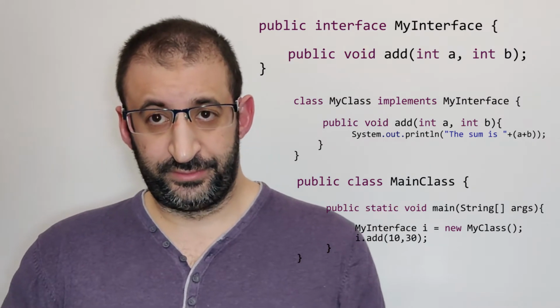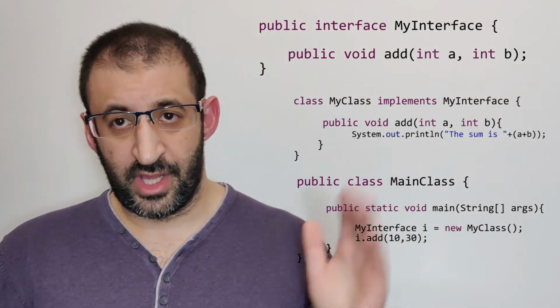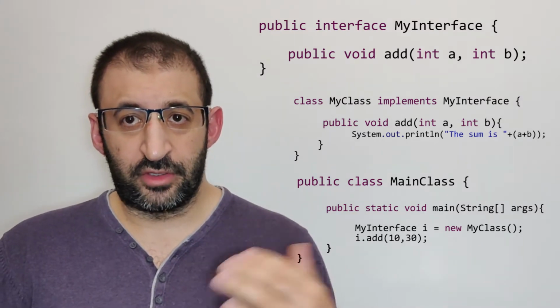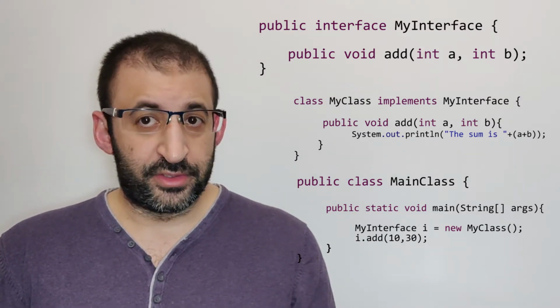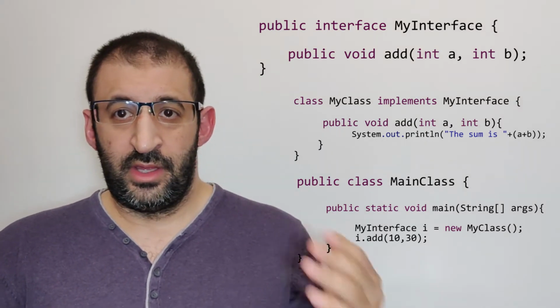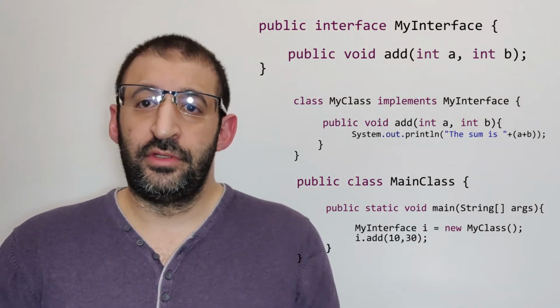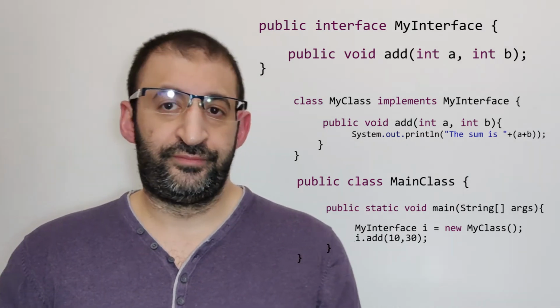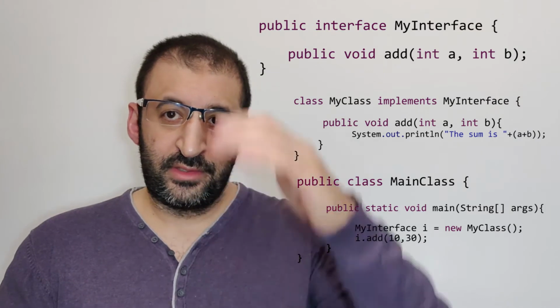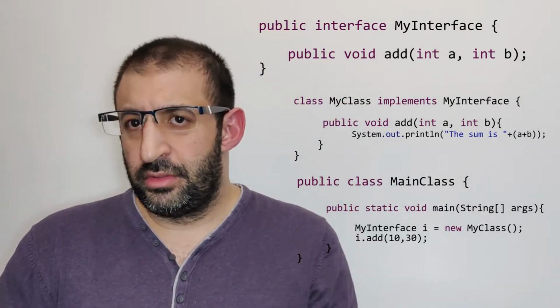So about my interface, I equal new my class. After this, I will call the method added like this, I.added, for example, between 10 and 30. Okay, this is the simple